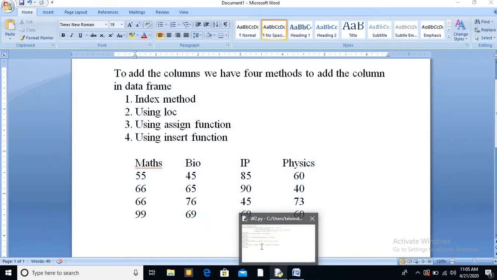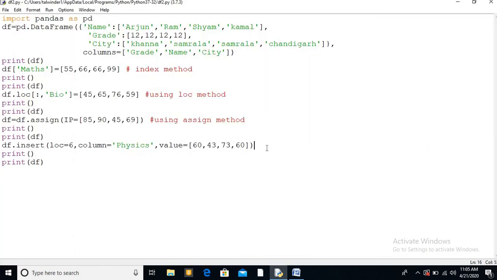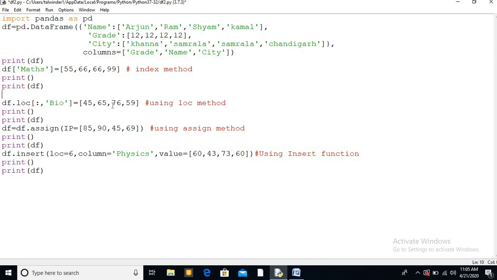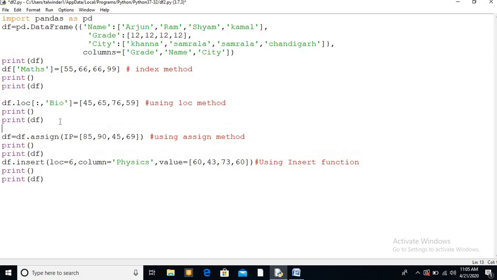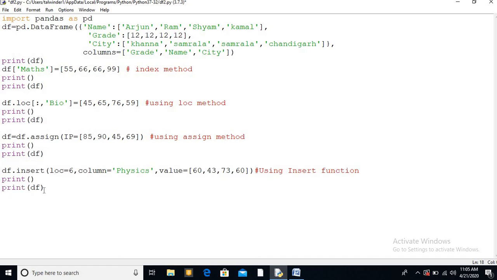Okay students, so if you see, तो ये इस पे मैं कर रहा हूँ using insert function, for your understanding, ताकि आपको पता चले. तो ये देखो for your separation, यहाँ पे जब मैंने डेटा फ्रेम प्रिंट कराया तो फर्स्ट मेथड बना था. Here I printed using the second method. Here I print this using the third method.